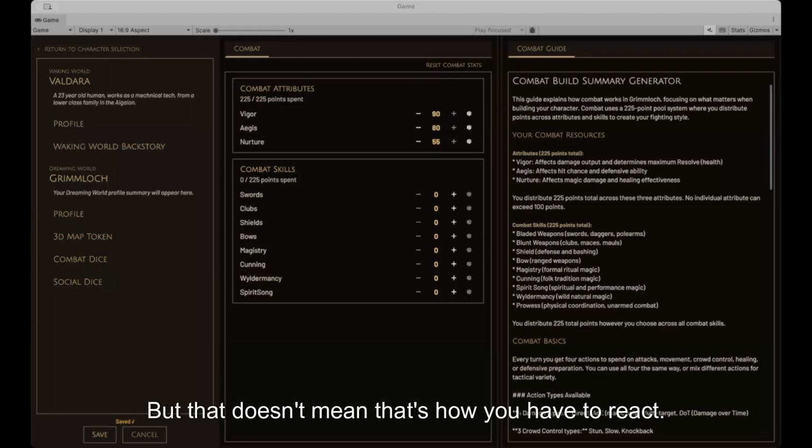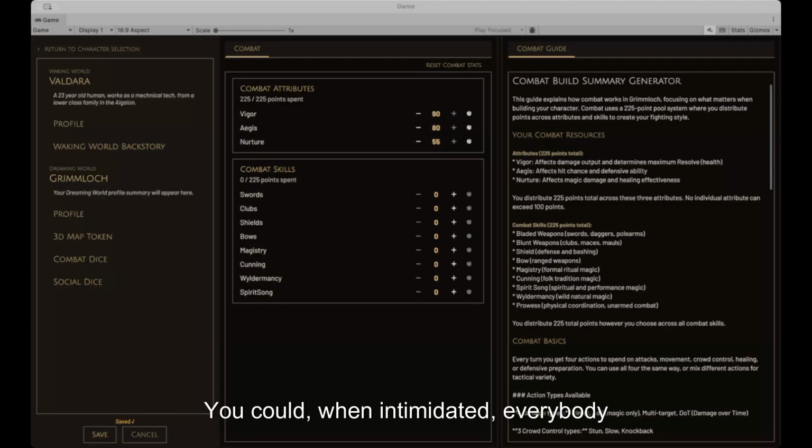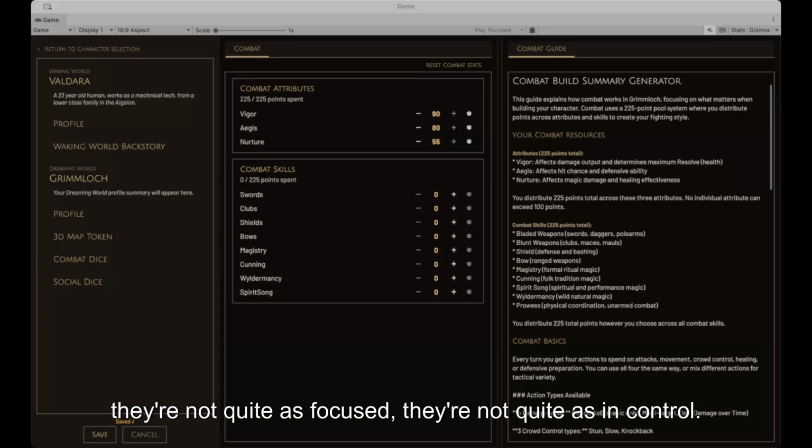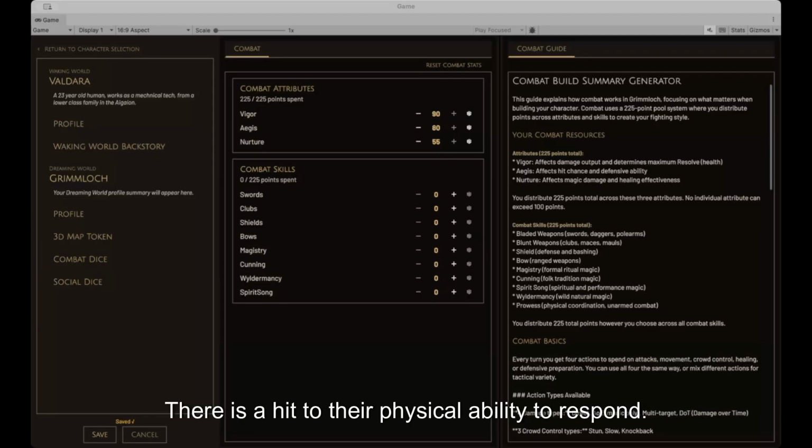But that doesn't mean that's how you have to react. Everybody reacts differently when intimidated. Corner a badger, and even if it's a bear, that badger is going to come after you, even if it's intimidated. But now its adrenaline is running. It's not quite as focused, not quite as in control. There is a hit to its physical ability to respond.